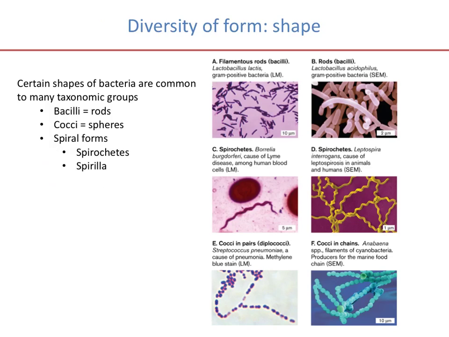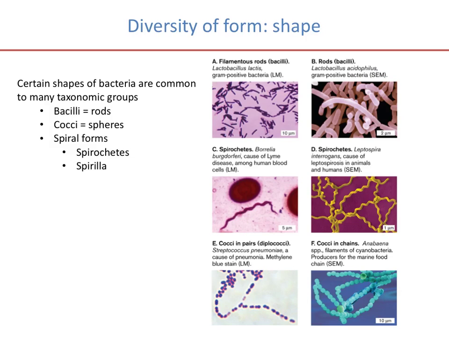Now, as I said in the previous lecture, it's very difficult to use things like shape to tell the difference between bacteria because bacteria generally take a handful of very common shapes. And the way that we refer to those shapes are as follows. The shapes can take the form of bacilli or rods, and you see two examples of that right here and right here. They can also take the form of cocci or spheres, and there are examples of that right here